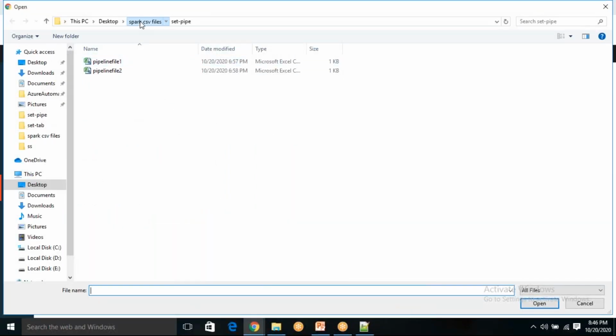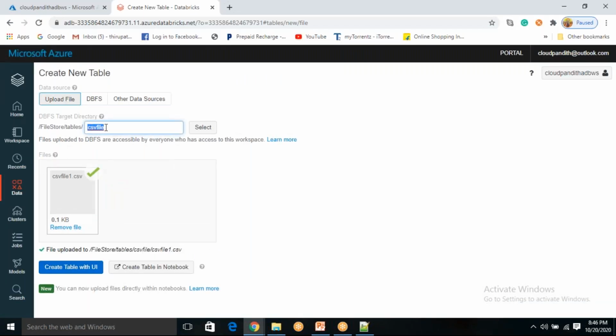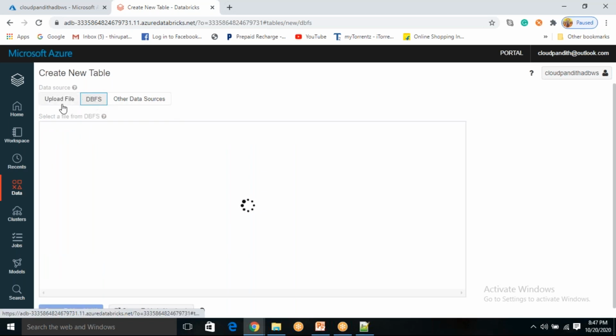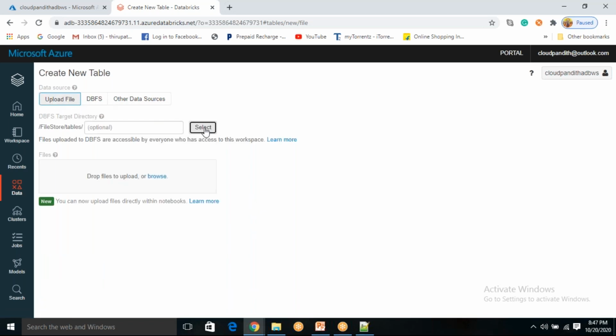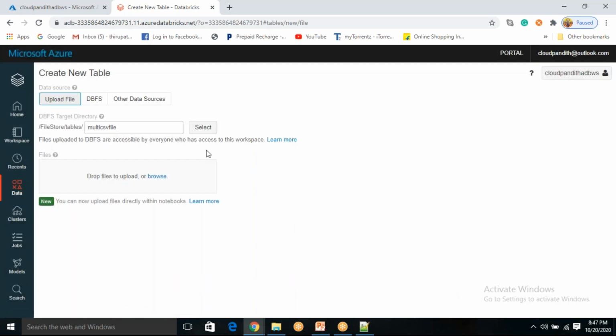Now I want to upload my CSV data, so go to comma separated. First, I will upload one file here. It's not the multi CSV file, it's a single file, that's why I uploaded CSV file 1. Done. Okay, now select another folder. Come back, now select this again. Now I want to upload all CSV files. Select, now multi-select.